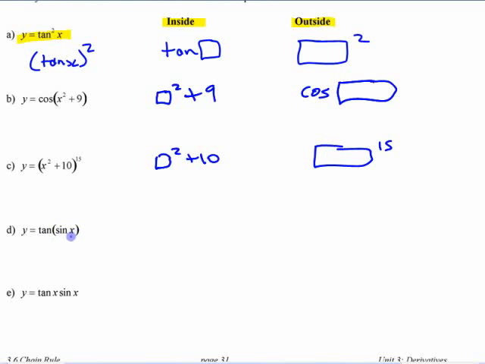Tangent of sine of x. Don't mistake this for tangent times sine x. It's tangent of sine of x. So